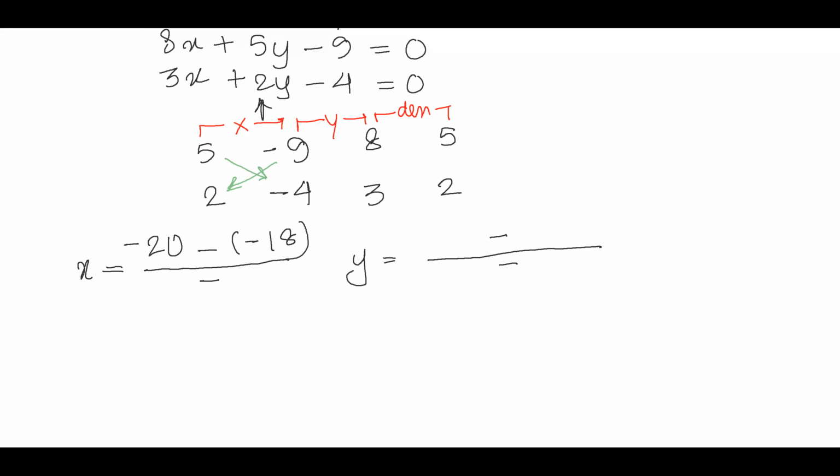है क्या नहीं? चलो आगे बढ़ते हैं y के लिए. तो y के लिए minus 9 multiplied by 3. Minus 9 multiplied by 3 is going to give you minus 27. अच्छा, उसके बाद यहाँ पे हम जाएंगे ऐसे क्रॉस प्रोडक्ट है ना ये. This is 8 multiplied by minus 4. That's going to give you minus 32. तो हम लोगों ने x और y के लिए न्यूमरेटर्स तो लिख दिए.